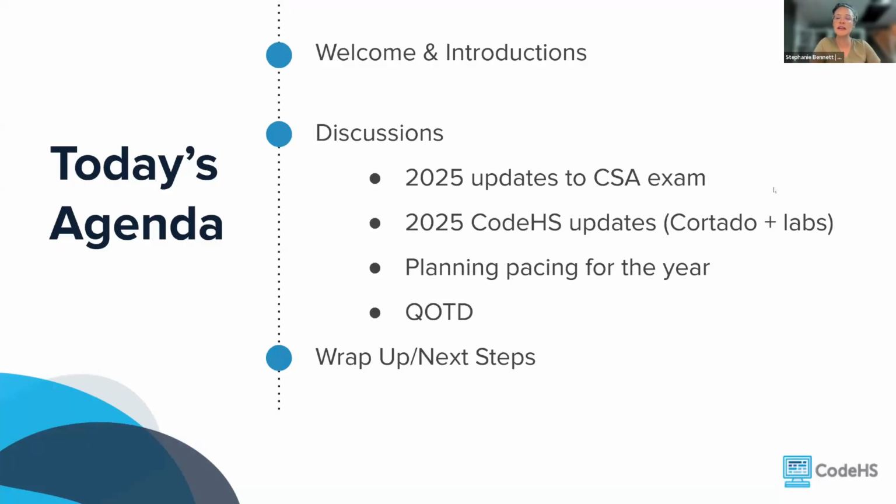We do have a brief survey for you at the end. Because this is a professional learning community, we want to make sure that we can hopefully all gather again together in the future. This will be a quarterly professional learning community meeting, and we hope to see you in the future. And so our survey will ask what kind of times work for you, what kind of days work for you, and a few other questions about what you liked and what you want to see in future PLC meetings.